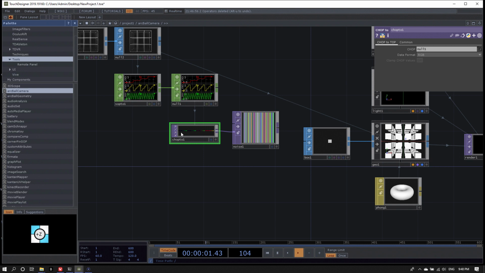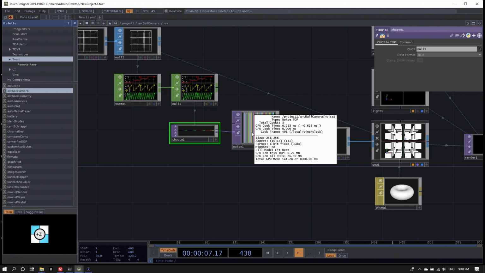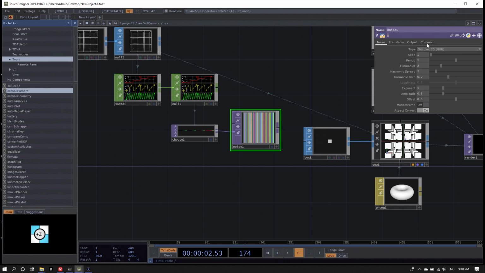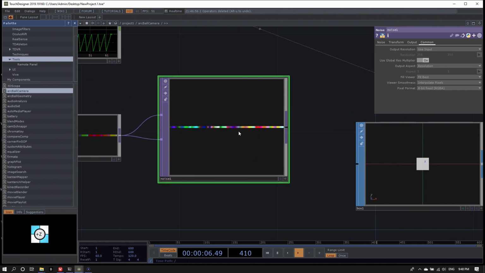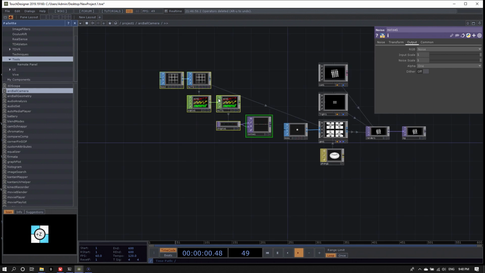Now again, remember what's happening here. While our input is 64 by 1 pixel, our output is 256 by 256 because it's using the first input as the source for the resolution. Or, well, actually, that's what the parameter is: use input or a custom resolution. So when plugging the chop2 top into the first input, it actually creates our 64 by 1 resolution for the noise top as well. Last step here, output, we did this before. On the RGB parameter, it's input plus noise, but we just want the noise. We don't want the input applied to this.